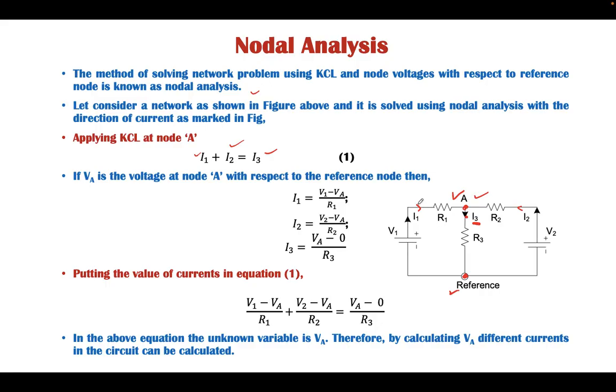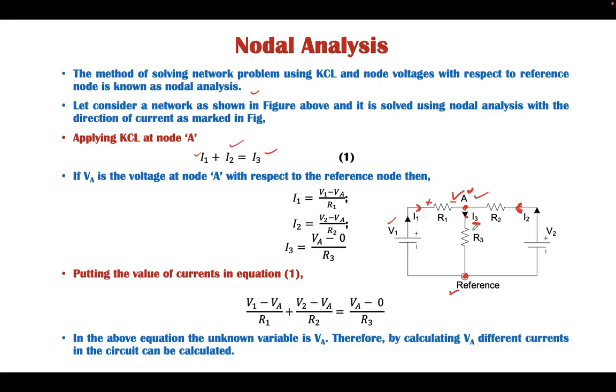If the direction of current is considered this way, this end is plus and this end is minus. Hence the potential across this element can be calculated as I1 times R1, which is the difference of the two voltages V1 and VA. So I1 R1 must equal V1 minus VA, or I1 equals (V1 minus VA) upon R1. Similarly, we can calculate I2. In this path, I2 is given by the potential difference between V2 and VA, so I2 equals (V2 minus VA) upon R2, depending upon the direction of current.